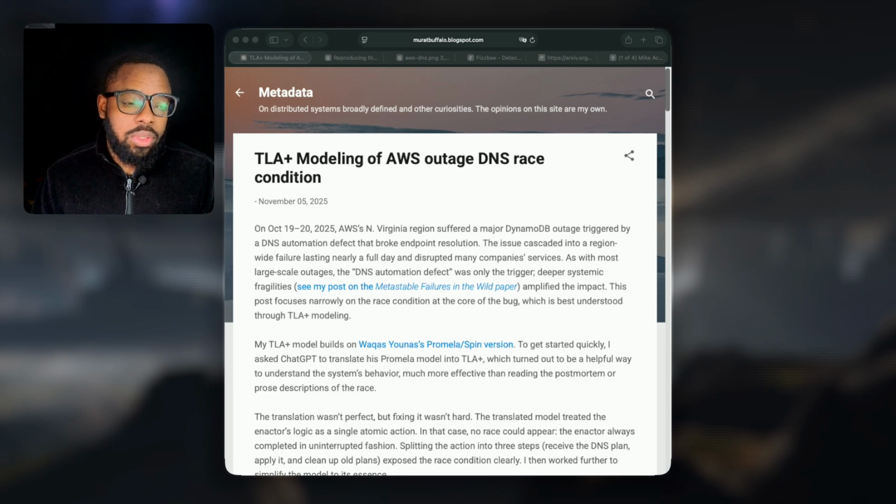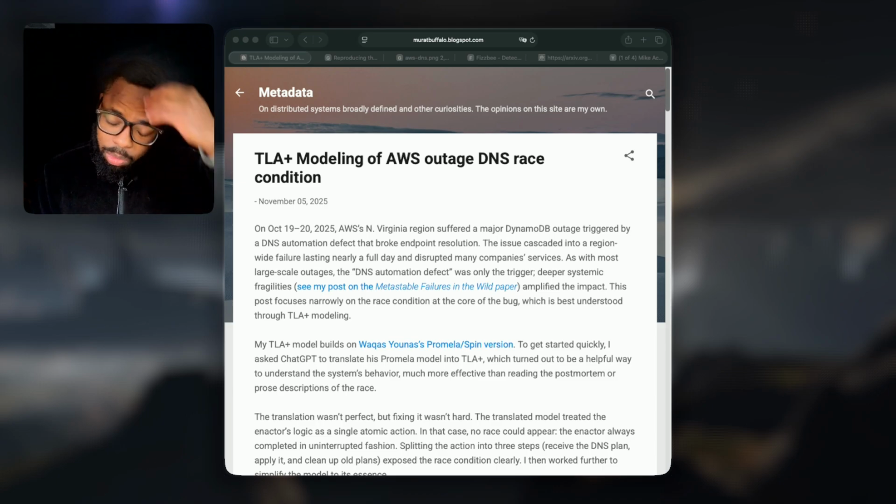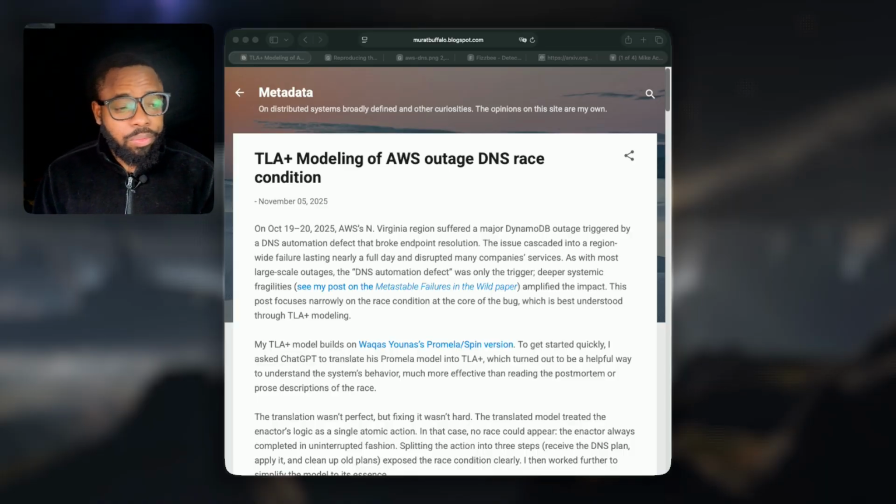I came across this blog post by Murat. I believe that is his name. He has a blog where he publishes a bunch of, usually, research paper reviews, but he also does general distributed systems articles. And in this article, the TLA plus one, the one we're about to talk about, he basically goes through what